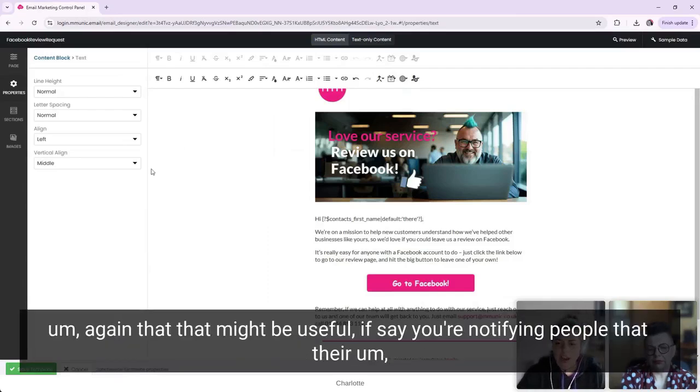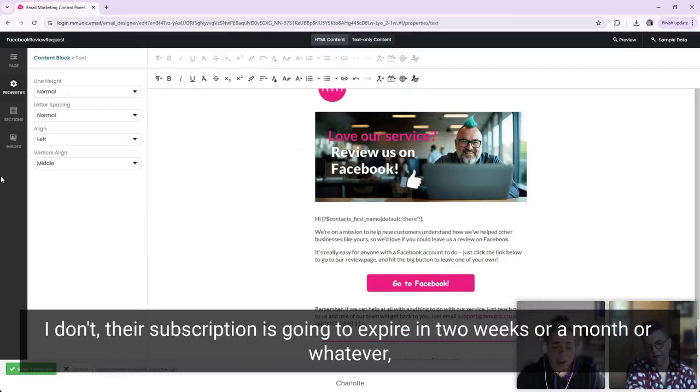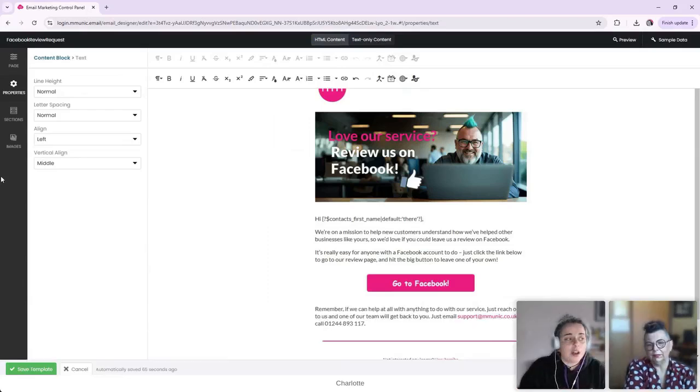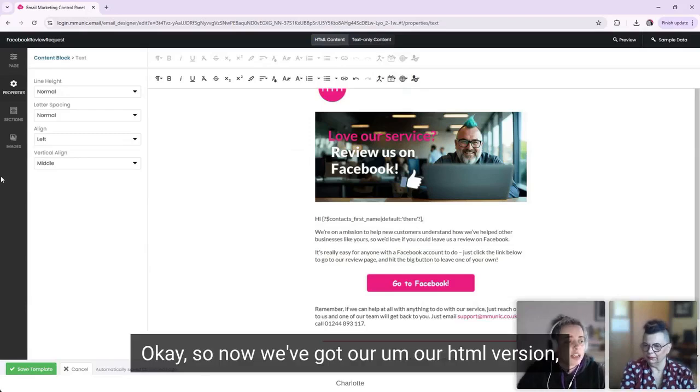Again, that might be useful if, say, you're notifying people that their subscription is going to expire in 2 weeks or a month or whatever. That might be why you want to merge the date in. Okay, so now we've got our